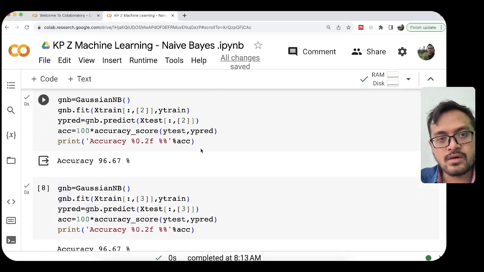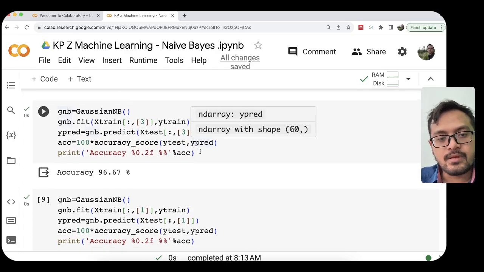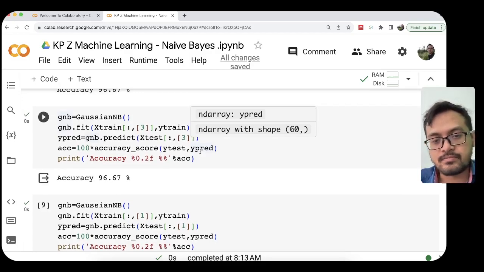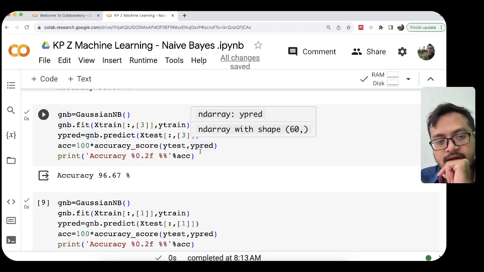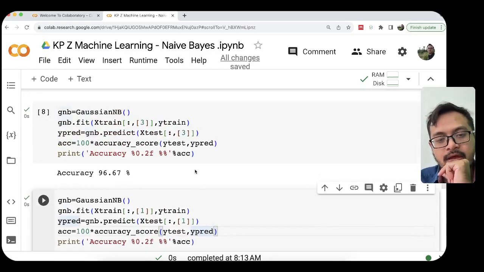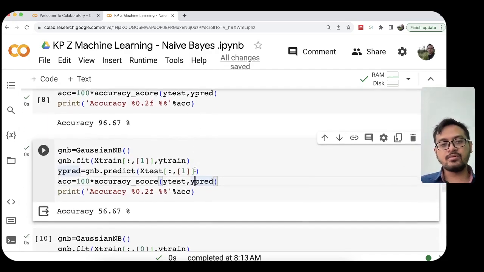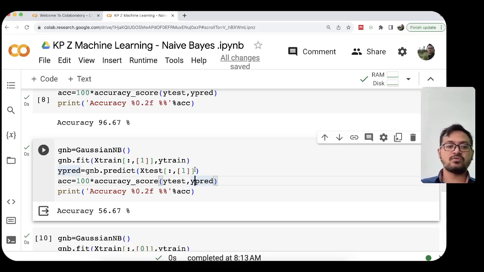So this is how Gaussian naive Bayes works. In this case, the accuracy is similar when we compare it with KNN, without a high gap between KNN and naive Bayes. These two algorithms are actually the simplest algorithms for classification problems. I think you can implement this code on your Google Colab. If you have any questions, we can discuss it.